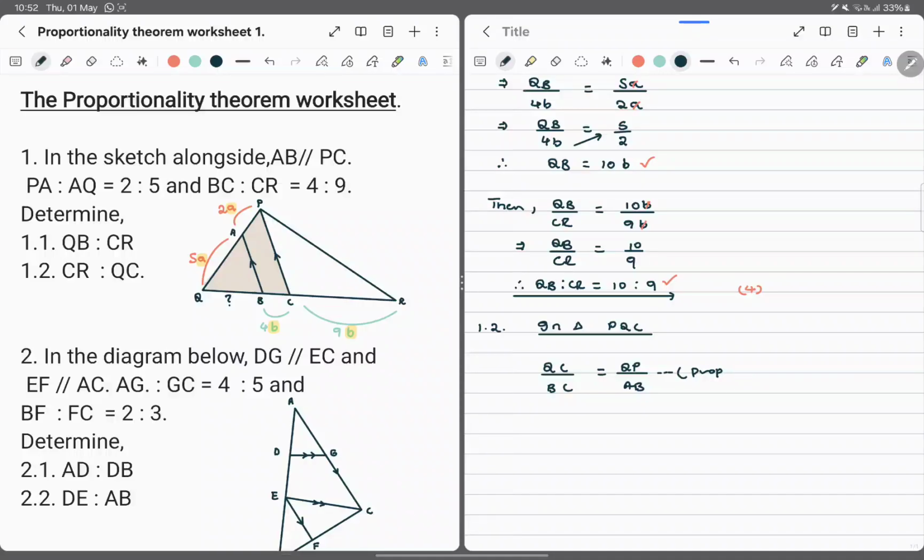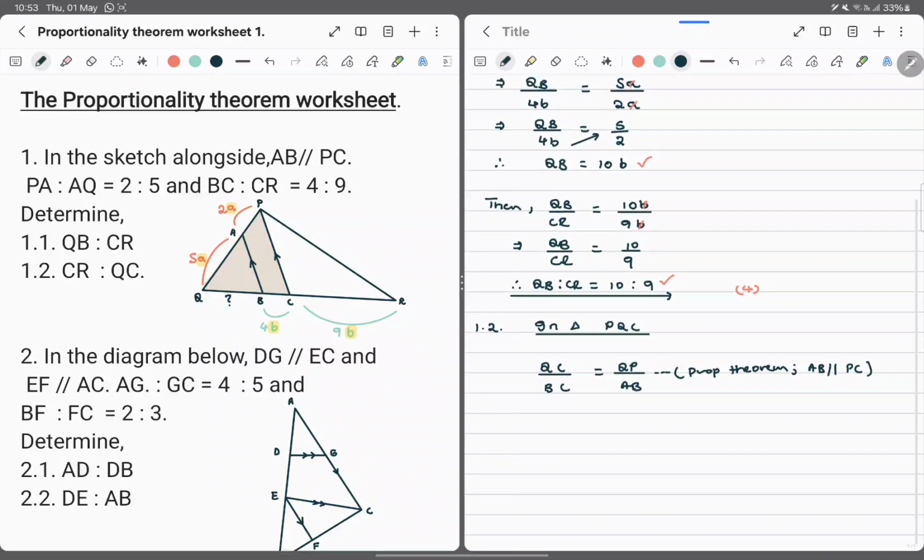Again, this is the proportionality theorem. We always state what allows us to use the proportionality theorem, which is that AB is parallel to PC in that particular triangle. So please state the triangle that allows us to work nicely, and then we continue to answer the question. So this implies that QC, which is what we're interested in, over BC, this is 4B,